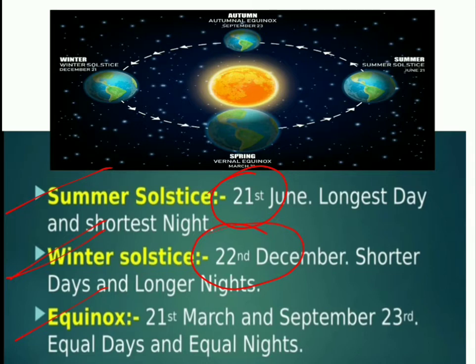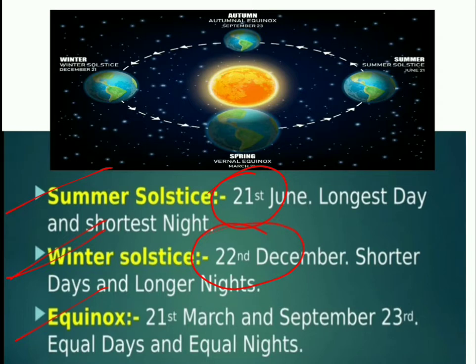This experience of the earth is called the winter solstice. During the winter season, the earth experiences shorter days and longer nights. So we experience cold climatic conditions, and we prefer to drink hot drinks like tea,